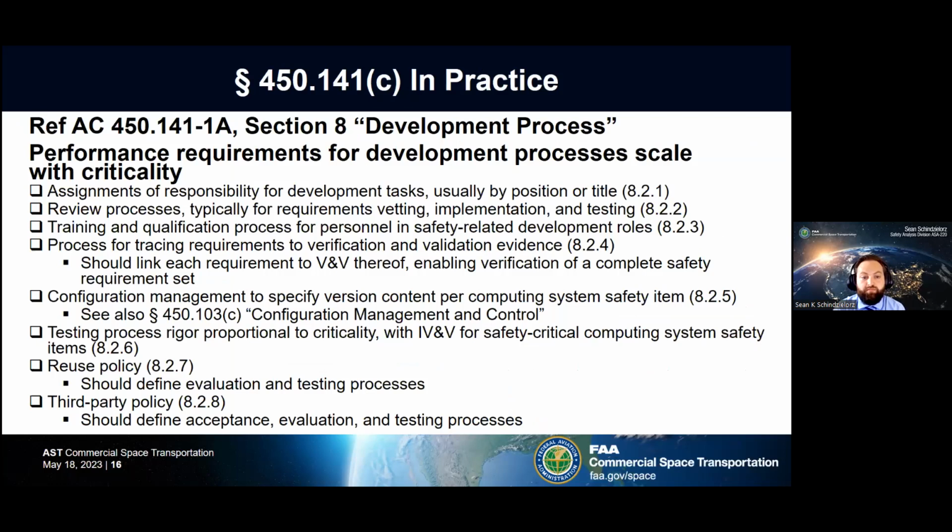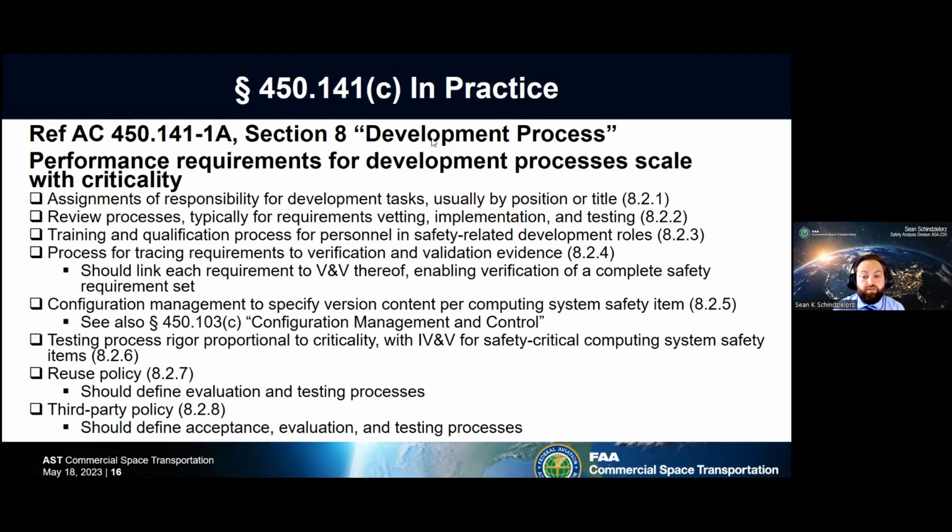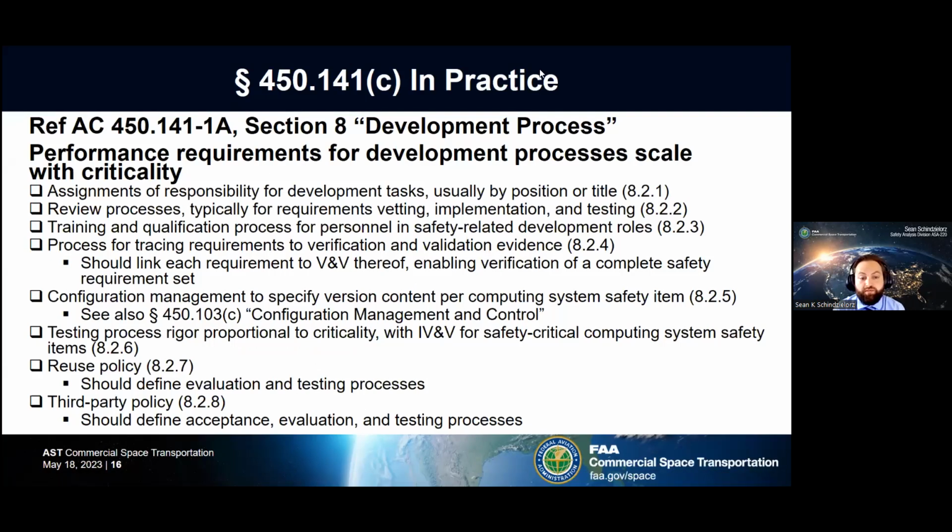In practice, the applicant must define a software development process that meets all requirements in 141C. This process may be made up of development procedures, coding standards, or anything else that goes into producing code within their organization. These requirements are intentionally performance-based so they can scale with criticality. The requirements themselves at a high level are assignments of responsibility for development tasks, usually by position or title, review processes for requirements vetting, implementation, and testing,